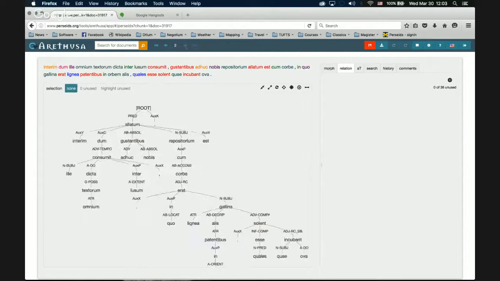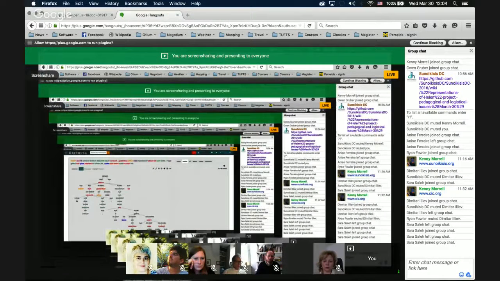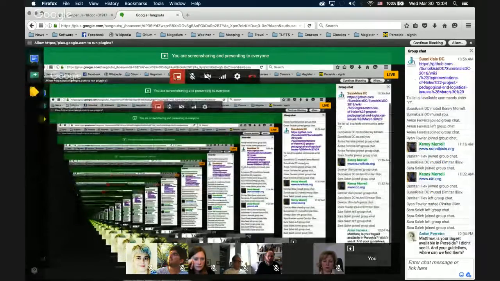What they'll end up producing is something like this, where they've gone through and identified the morphology of every single word. And you can use your own constructed gold standard to grade these, to detect where the students, statistically speaking, are making their mistakes, and the level of accuracy with certain types of concepts, and that can help you refine your teaching. So I have found that by even the second semester of Greek and Latin, the students are able to begin to produce these as homework, and then especially in the third semester, to produce completed tree banks that are then useful for the various